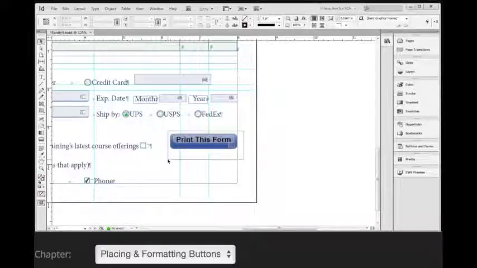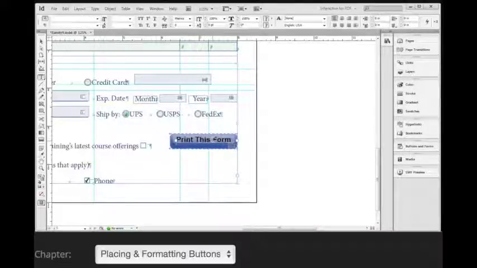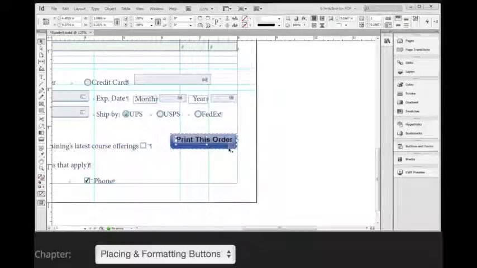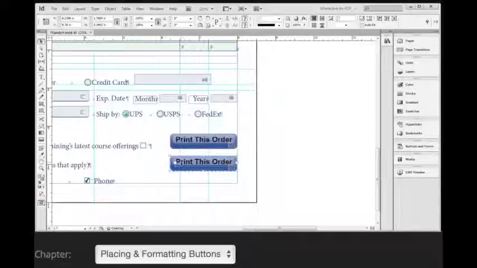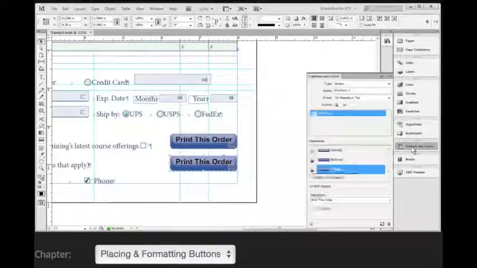I'm going to select both of these items. Actually, let me change that from form to order. There we go. That looks pretty good. And move it just a hair over to be centered. Let me highlight both of these items, and I'm going to go Control C to copy, Control V to paste. If you're working with a Mac, the keyboard shortcut, of course, would be Command C and Command V to copy and paste. And I'm going to select this button right here, go back to my Buttons and Forms,